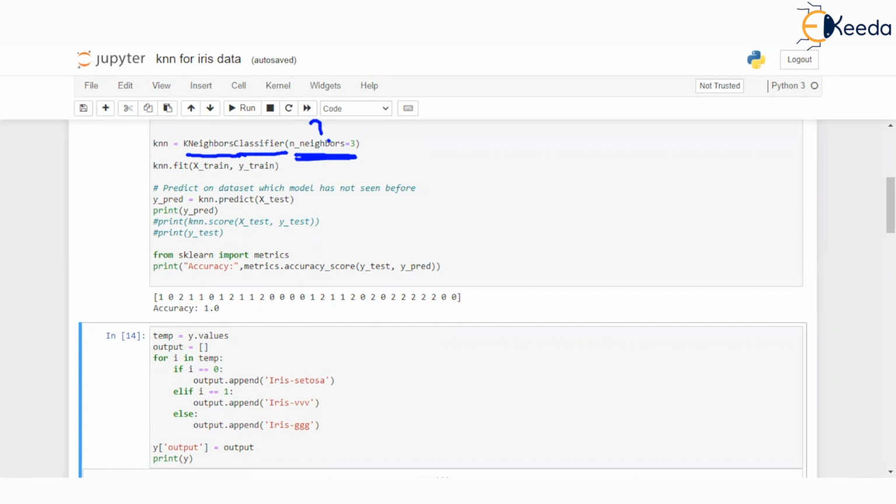So what we are saying is that in our program, given a query point, we will find 3 nearest neighbors. And then among those 3 nearest neighbors, the majority class will be taken. I can easily play with this. I can make this 5 or I can make this 7 and check the performance. Now these things can be understood. What is this n neighbors? Only if you see the theory about KNN. Okay, fine.